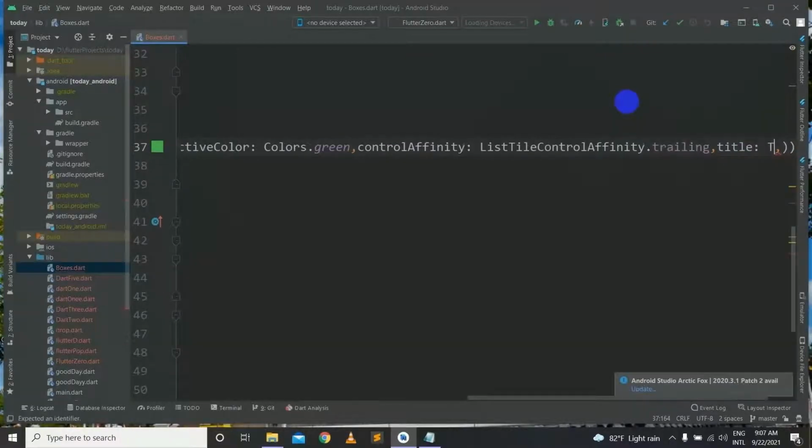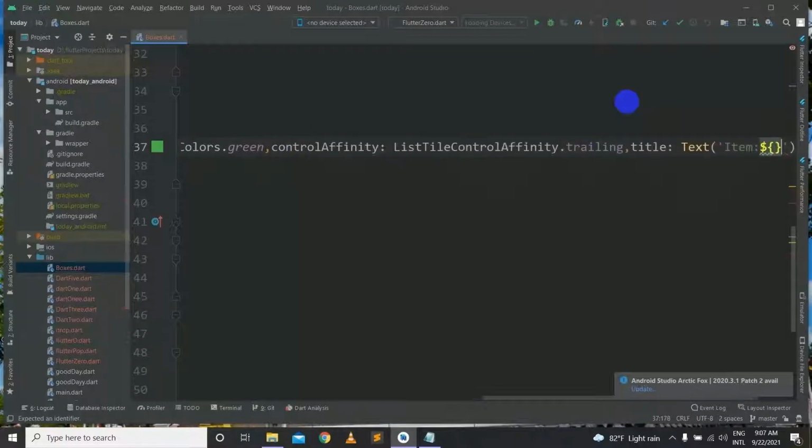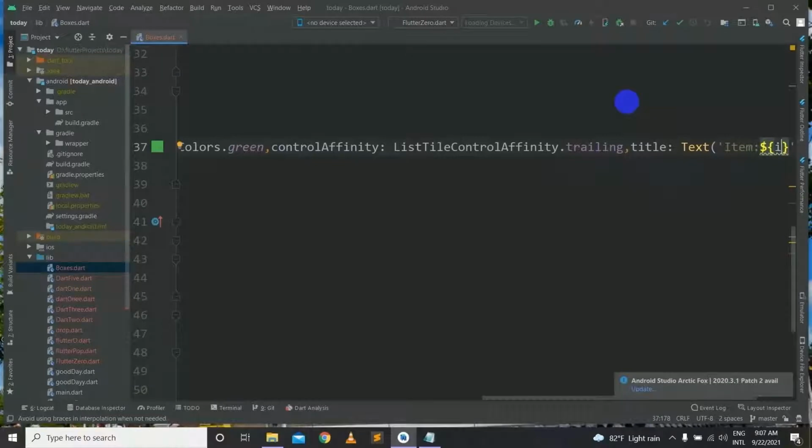The title will be a Text. It will say Item $i, and now we'll give this a subtitle.